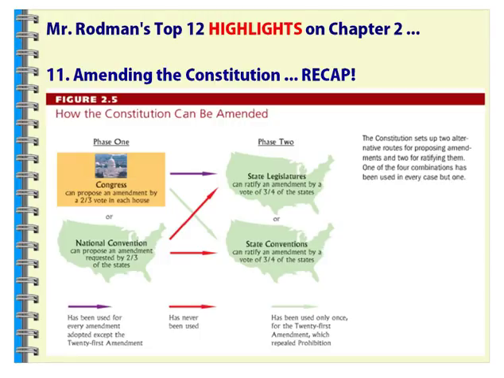You need to pick one category from column 1, phase 1, and you need to pick one of the items from phase 2, from column 2. So Congress can propose an amendment by a 2/3 vote, and state legislatures can ratify it by a 3/4 vote. So pick one from the 2/3 column, pick one from the 3/4 column, and that is how we can amend the Constitution. And that has actually been the way we have amended everything except the 21st Amendment.